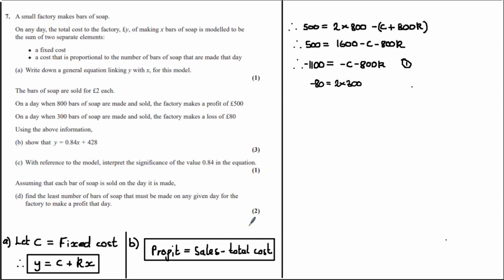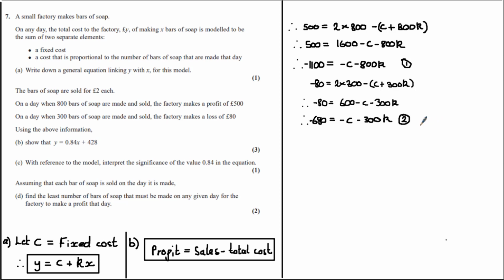Minus the total cost, where we would use this expression, which represents the total cost, but the number of bars made on that day was 300, and therefore we would have minus C plus 300k. Multiplying this value and expanding out the brackets, we get that minus 80 is equal to 600 minus C minus 300k. And subtracting both sides by 600, we get minus 680 equals minus C minus 300k, and I've labeled